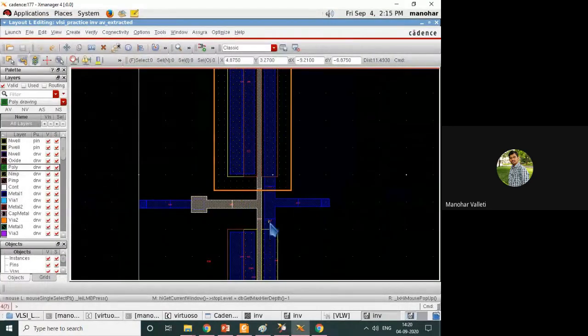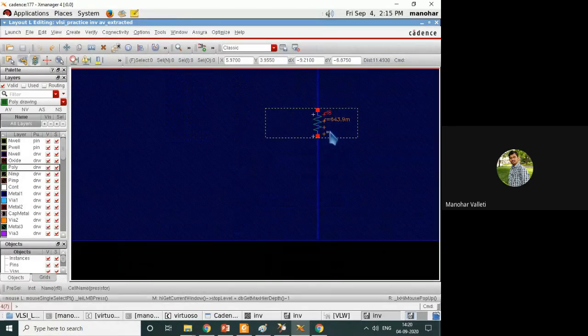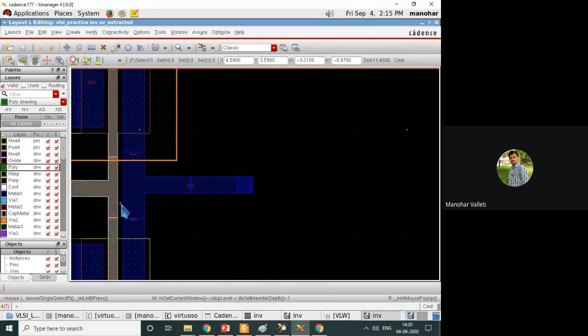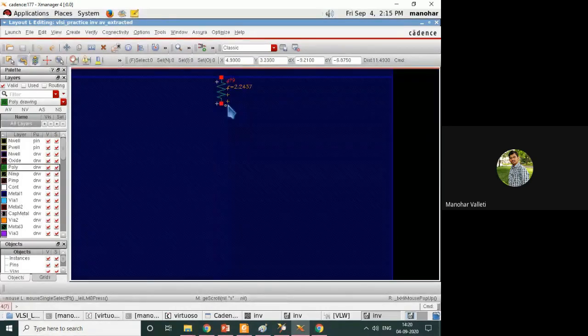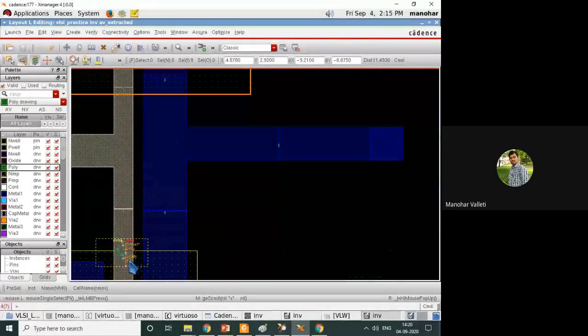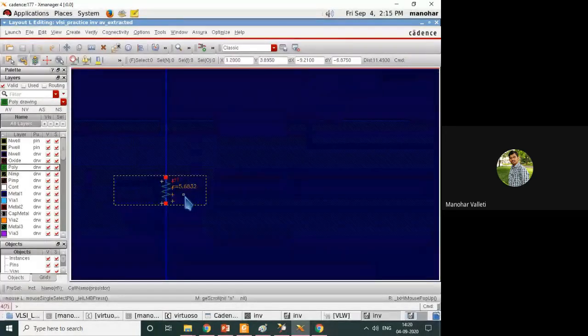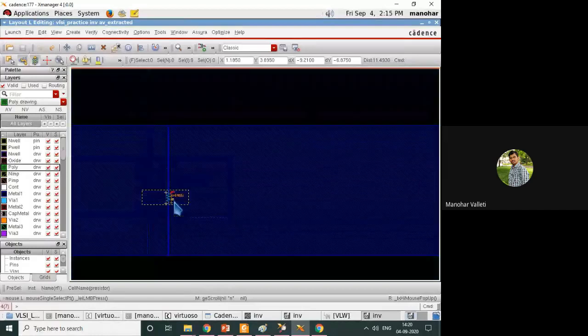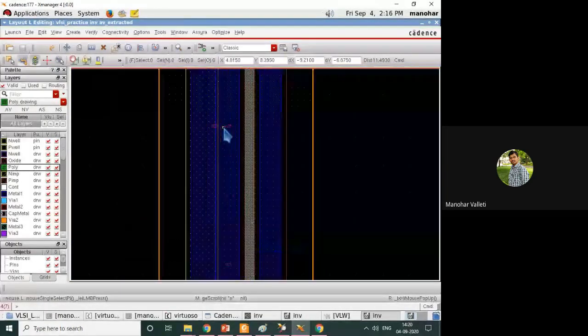Each material, how much capacitance and resistance it will have, that will be shown here. You see here, this will have 643.9 milliohm resistance. So any one resistance, you just zoom it and note down that resistance. This is 2.24 ohm. The capacitance here you will see. Any resistance value if you measure, that's more than enough. The only thing is you need to get the message of successfully extracted AV file.